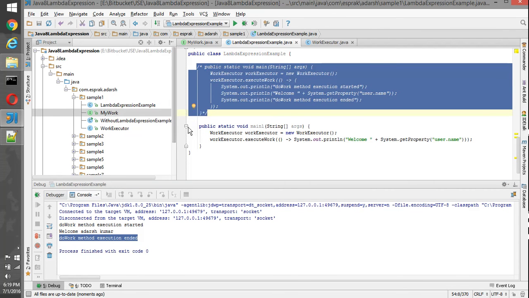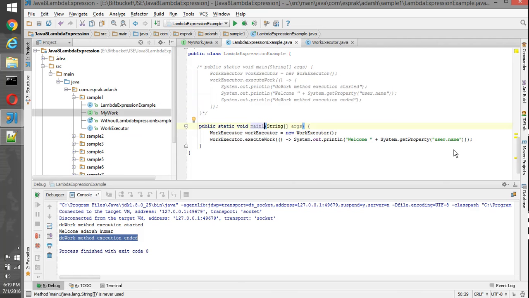Suppose we don't have a multi-line statement and have only a single line statement. We can just provide empty open and close parentheses, saying this is the method implementation.